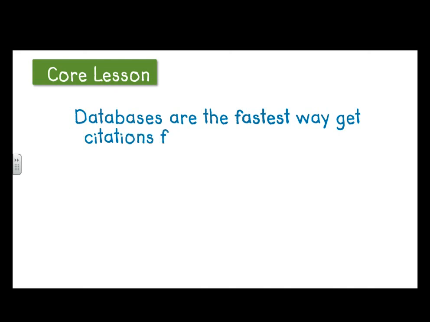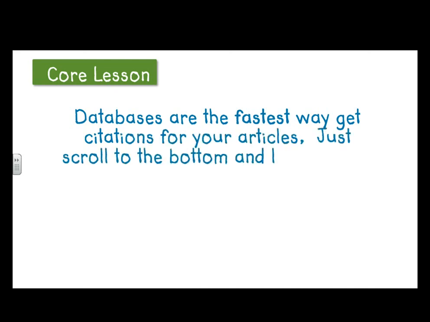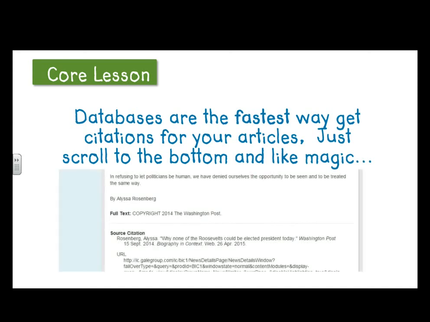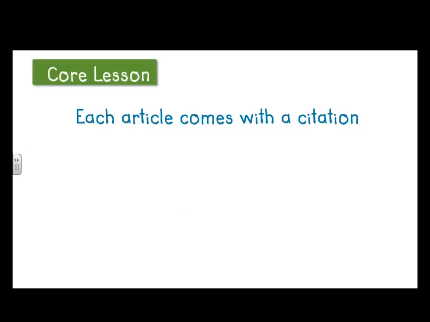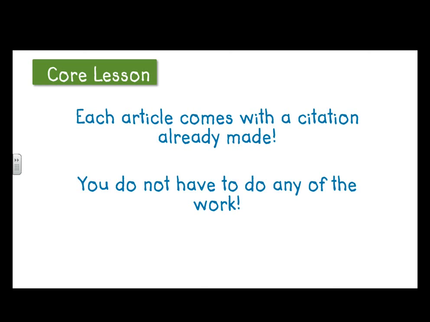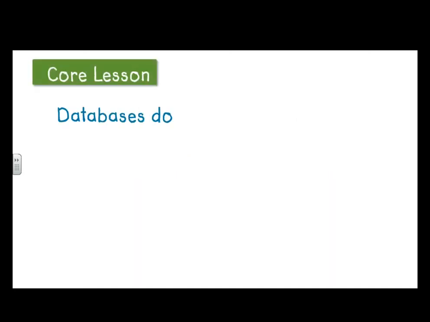Now, databases are the fastest way to get citations for your articles. Just scroll to the bottom and like magic, the citation is already there. They did all the work for you, which is always my idea of a good time. See, I don't have to make that. They did it for me. Each article comes with a citation already made, again, which is my idea of a good time. You don't have to do any of the work. That's another reason Google is not the best choice, because if you use Google, guess who has to do the work? You. So databases do almost all of the work for you, like I said,